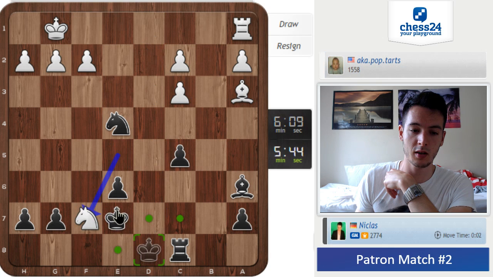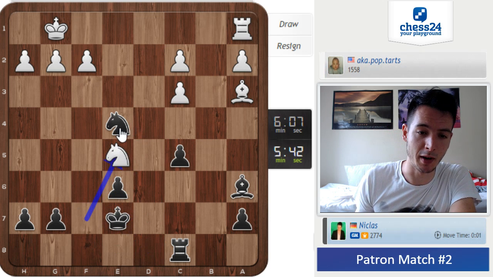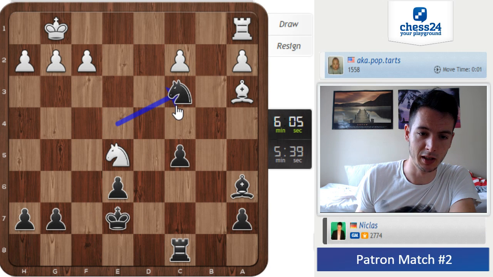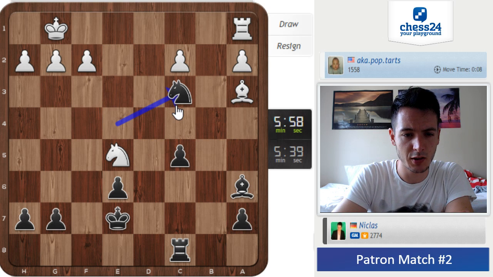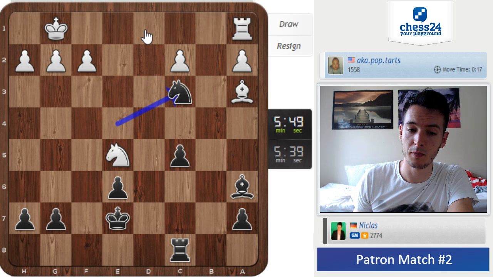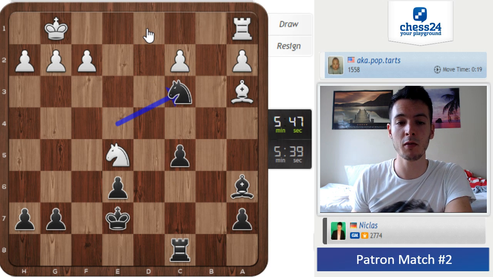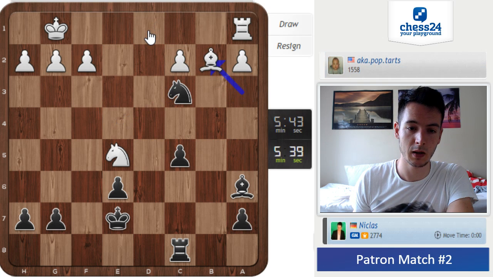Okay, takes on f7. So we'll go over this game afterwards in any case, and look at the different possibilities me and my opponent had. So knight takes c3. So this position is probably around equal. Right now I really like my knight on c3. It's taking away the squares d1 and b1, which are the squares the rook would like to be placed on, because those are the open